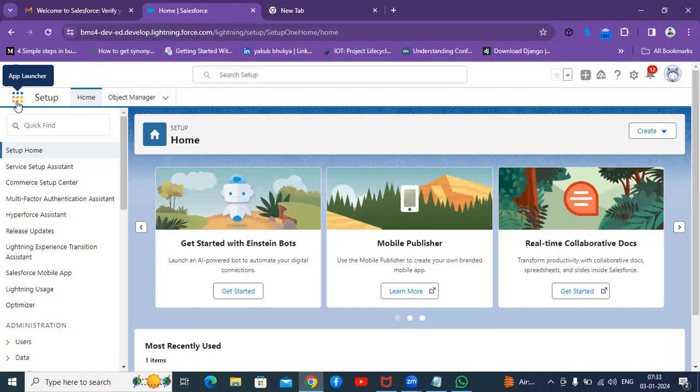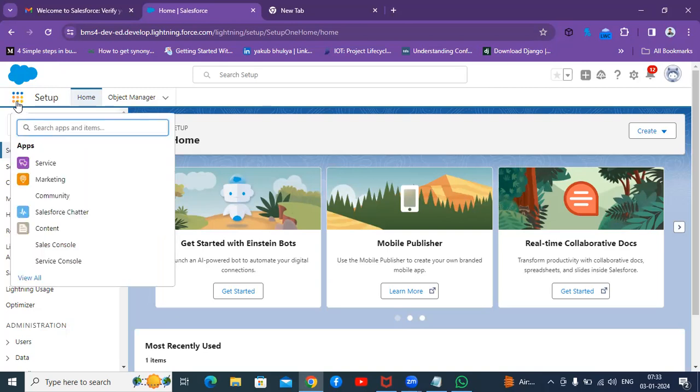The main purpose of this app launcher is like when we purchase a mobile, we get some built-in applications, right? Similarly, with this cloud CRM application, the Salesforce application, we also get a lot of built-in applications. Whenever you want to navigate to any built-in application, you can click on this app launcher and